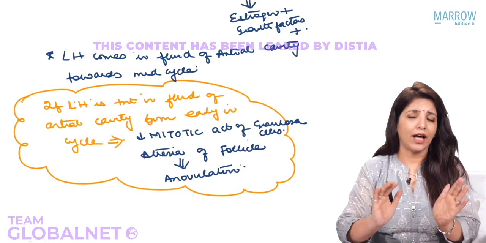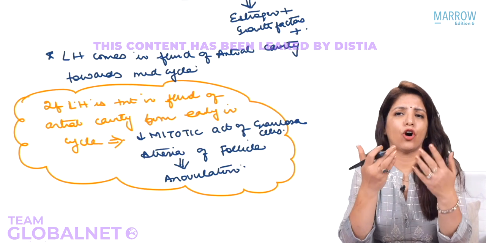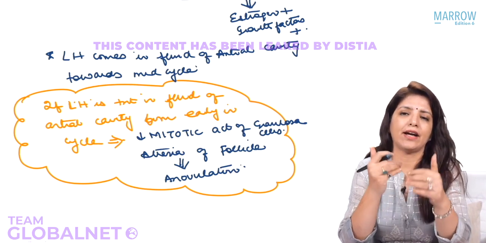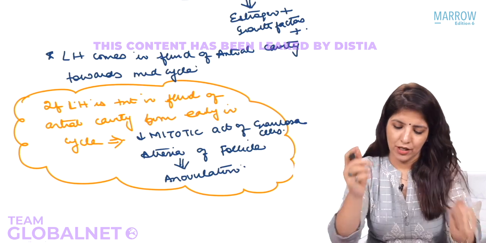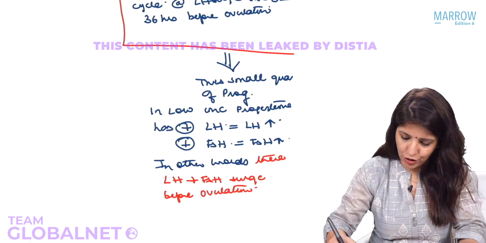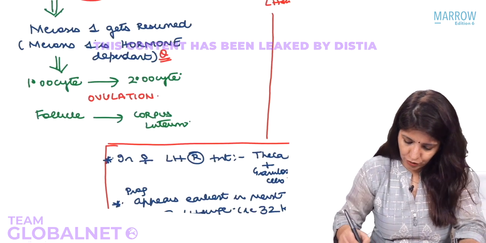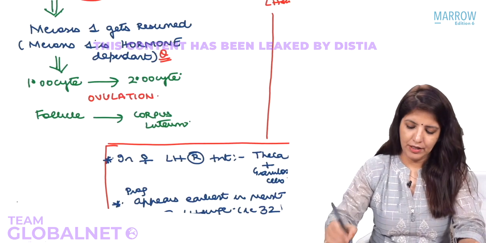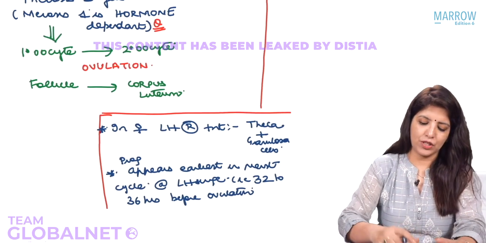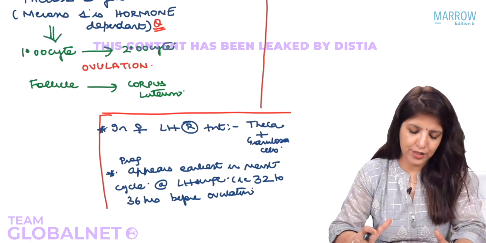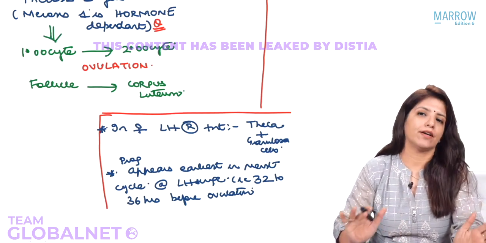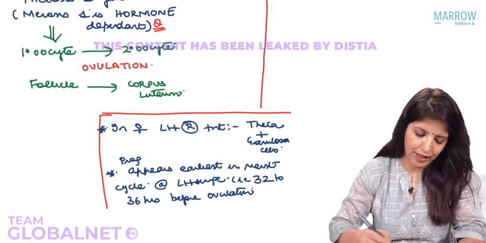Now let's talk about the normal phenomena. The normal phenomenon was that the LH surge had happened and that had led to ovulation. So, we are continuing our flowchart. You have to go to your flowchart and continue it. Now, in the flowchart, what had you written? You had written that the primary oocyte had got converted into secondary oocyte, that was called ovulation, in the left hand side, and the follicle had got converted into corpus luteum. Now what is going to happen?